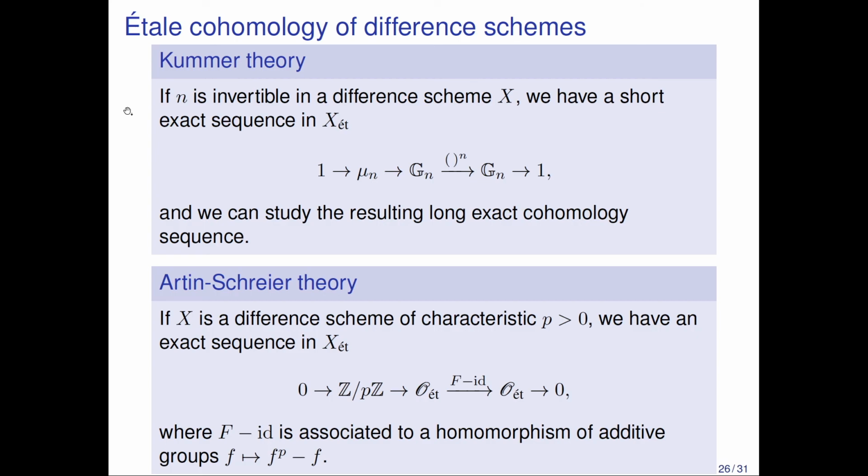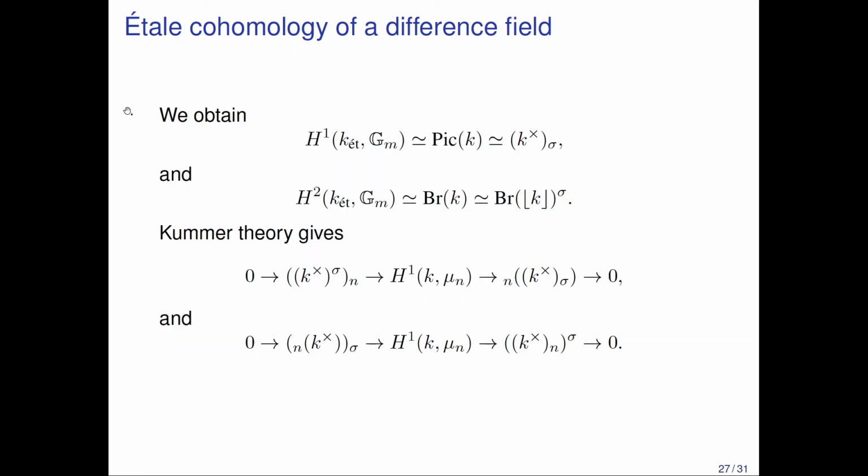And so, yeah, all of these things work, and it's interesting to write out the full long homology sequence and spot which terms you can work out, and then the unknown terms are somehow sandwiched in between the ones that you can work out. So for difference fields, when you do that, you get H1 with respect to the multiplicative group,